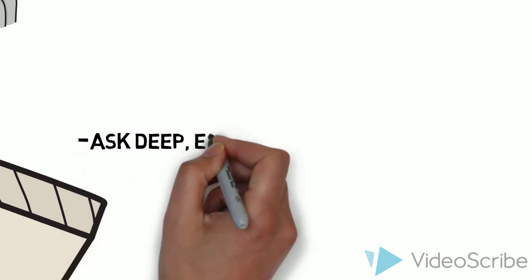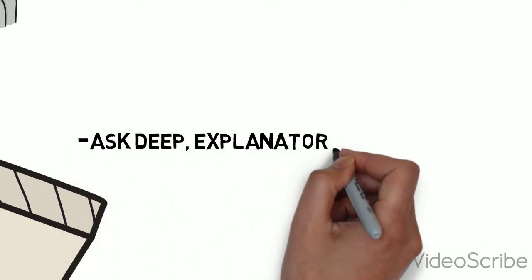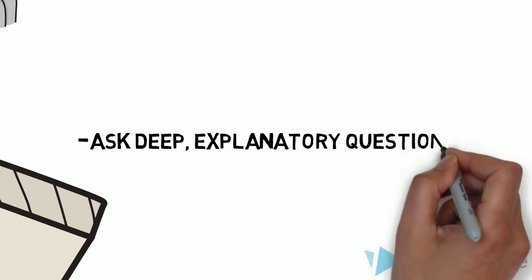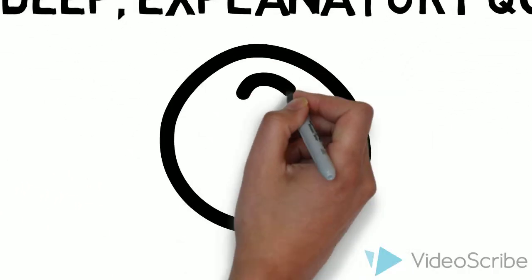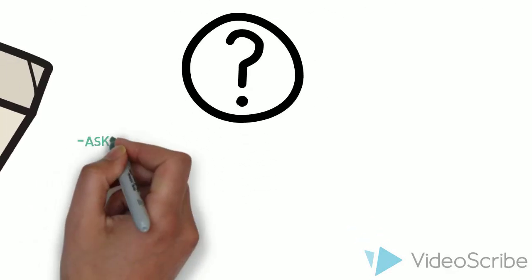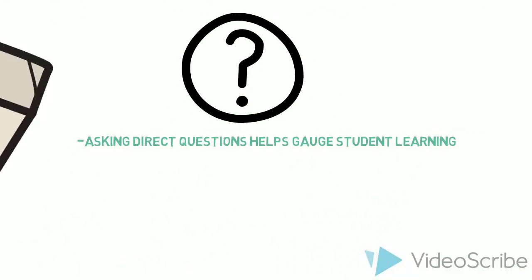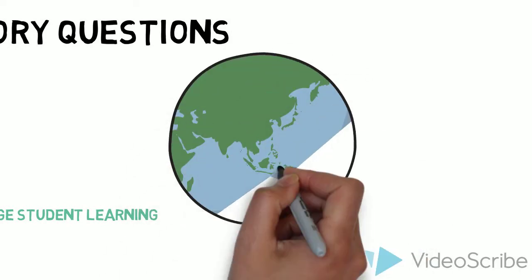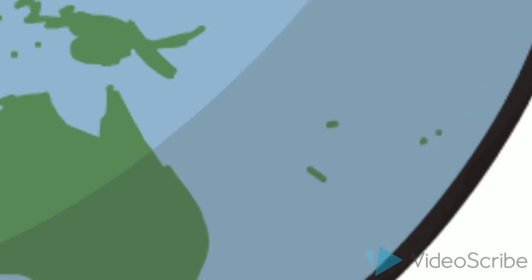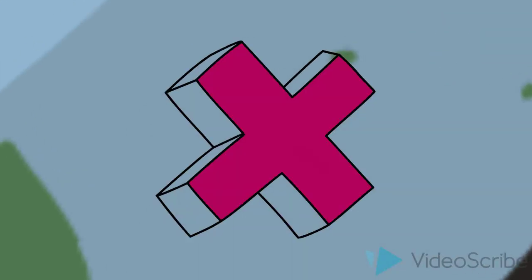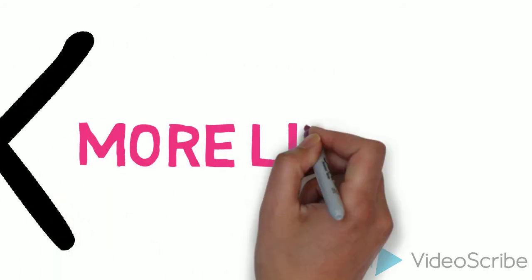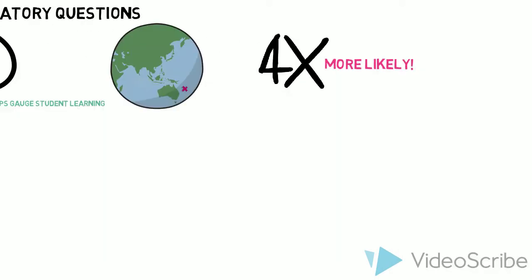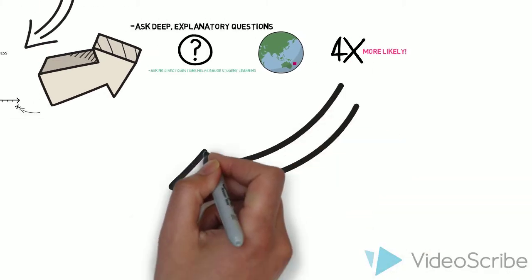Another tool is to ask the student deep explanatory questions. Again, there's a wealth of research supporting the use of deep questions. Asking direct questions also helps to gauge student learning. So, an example might be, what are the causes and consequences of the New Zealand wars? So, we think about New Zealand, and we ask the student to really consider that. Students are 4 times more likely to retain information when they're posed with deep explanatory questions,